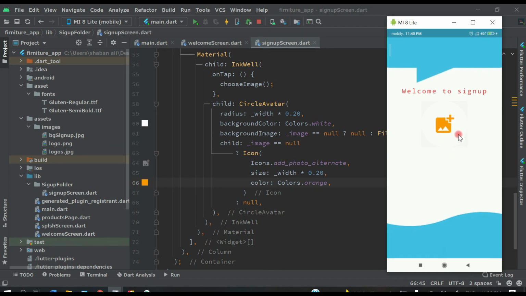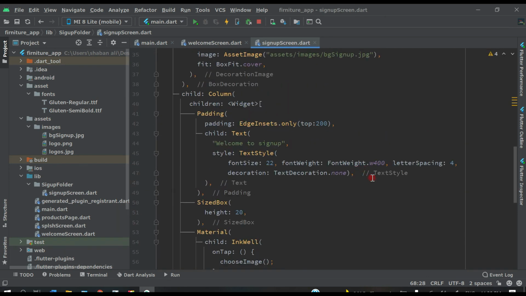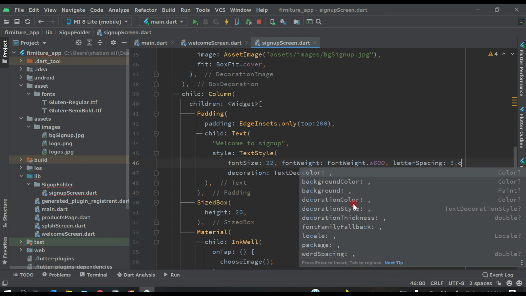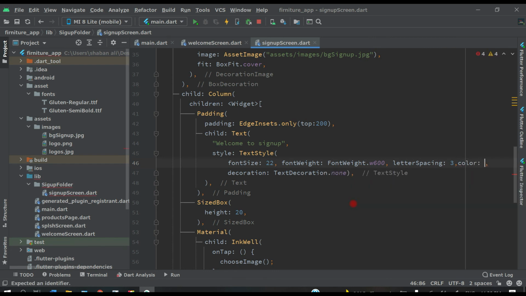Now you can see this is the avatar and this is the welcome screen. So let's make this good. Let's give a color to this heading. Font weight should be 600 and letter spacing should be 3, and color will be black, Colors.black.